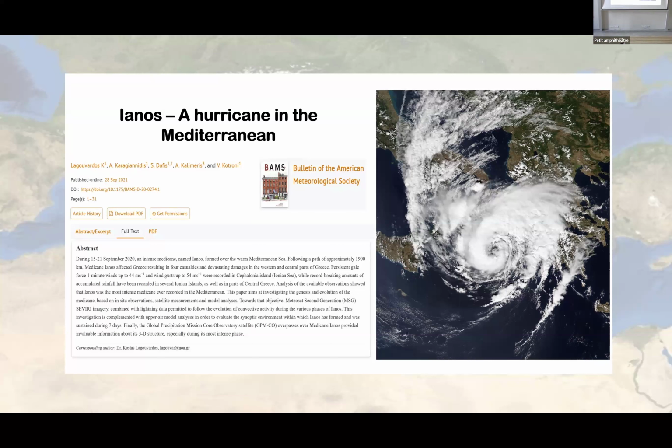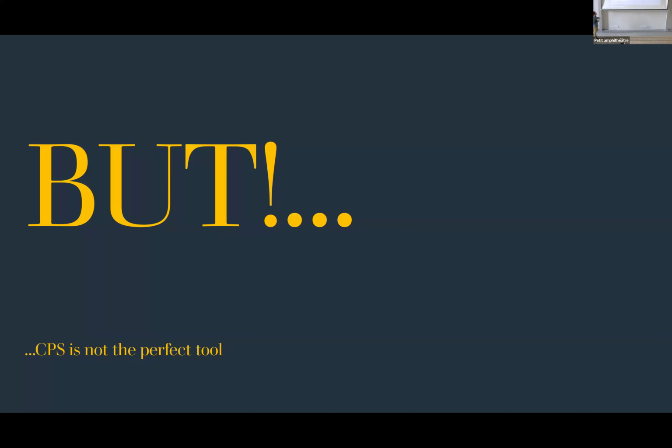It's an idea that the model was already seeing. Another question to ask is whether the model only developed this kind of cyclone at the end of the century and not in this climate context. But the problem is that this study was based on the cyclone phase space, and the cyclone phase space is not the perfect tool to study this kind of cyclone,